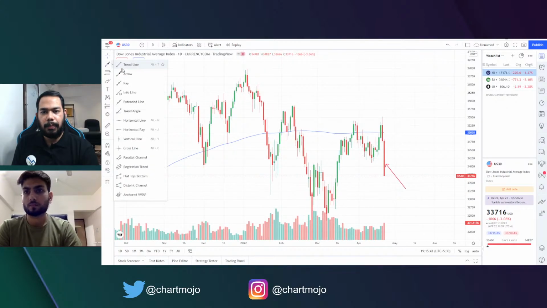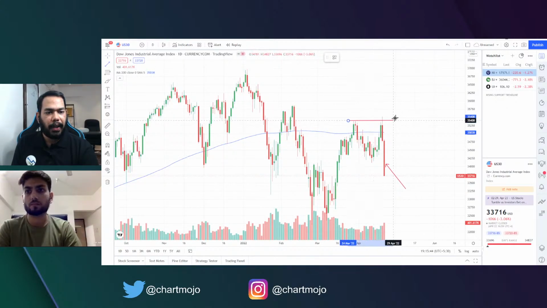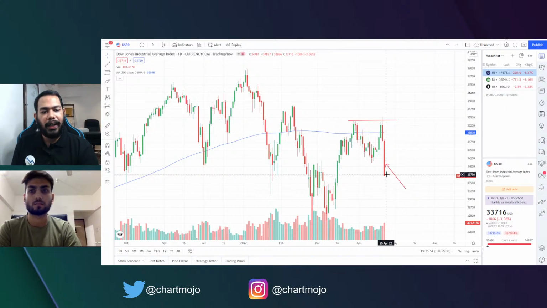So we can simply plot that there was a breakout at this level which failed. And now here we have got a breakdown. This breakdown will confirm when on Monday the Dow starts trading below this close. And if I see this candle, this is a bearish Marubozu candle, which is showing me that the Dow can further fall towards this level,